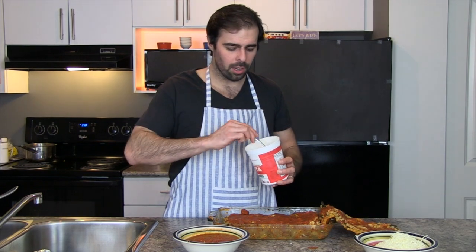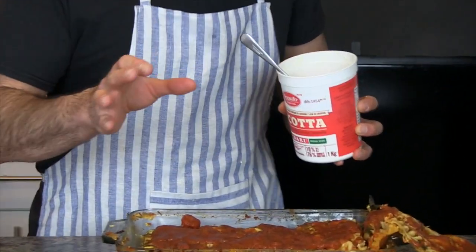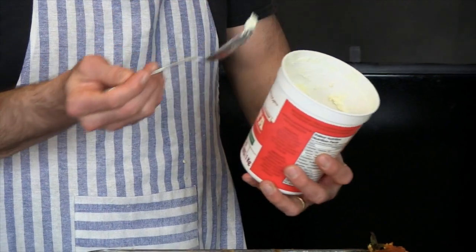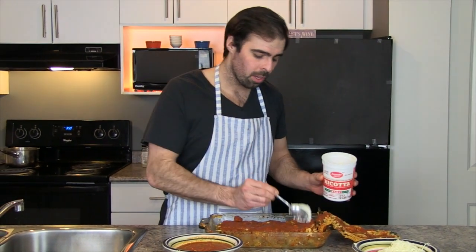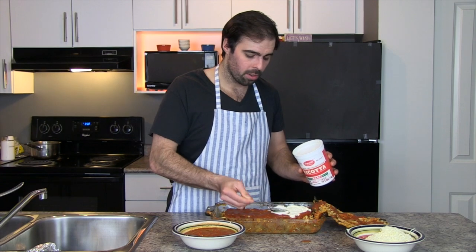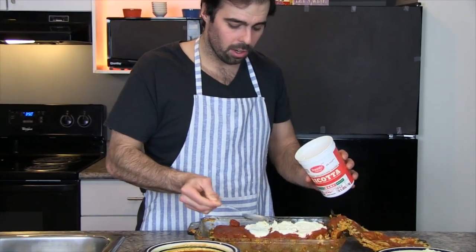If we were going for a healthier option, I would say maybe cottage cheese, but the ricotta is a classic for lasagna. It's so fluffy and it's so beautiful. And that's another thing too, not all ricotta is made equal. This is a high quality Saputo ricotta. It's fantastic, and I wouldn't cheap out on this ingredient for sure. So I'm gonna put another layer of ricotta, nice thick layer. Wow, this is gonna be good today. Nice thick layer of ricotta